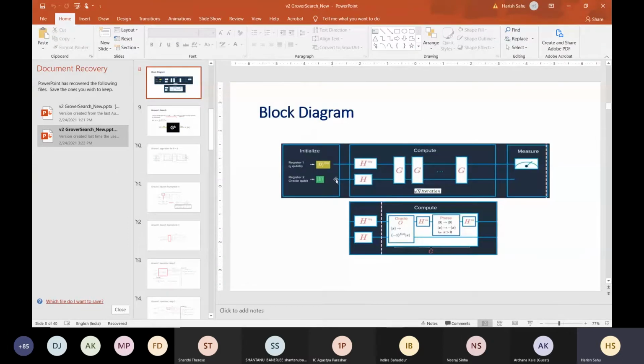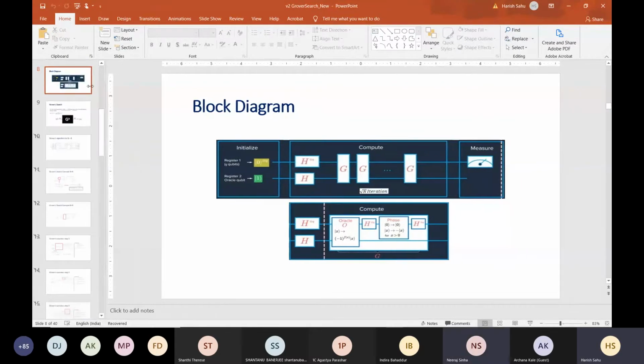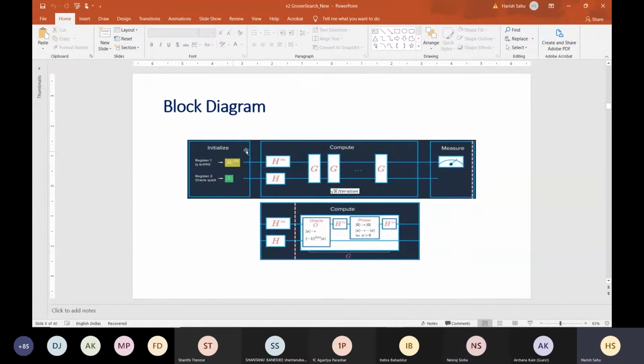So if you see the diagram here, okay, is it visible now or not? Yes, sir, it's visible. Yeah. So see here, there are these three blocks: initialization phase, compute, and this measure. Only where this f(x) or this Oracle comes into the picture will this circuit change.